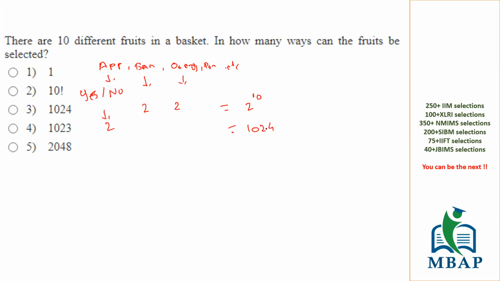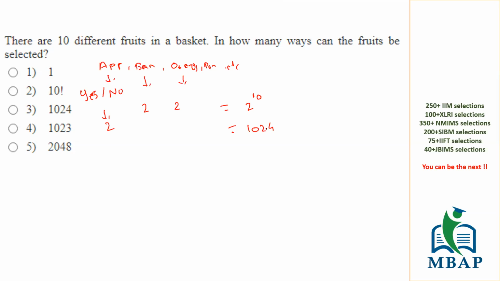Is this clear, guys? Okay. Because just imagine you always have an option. There is no constraint over here to get three fruits out or four fruits out. You could take only one fruit, just the apple, or you can take two fruits, apple and banana, or you can take only the orange. There are n number of possibilities. That is the reason the total number of possibilities over here is 1024.